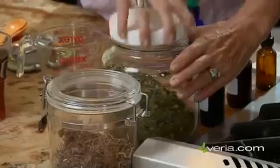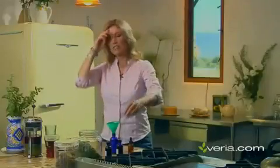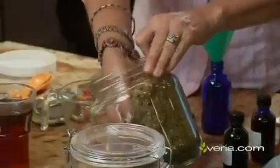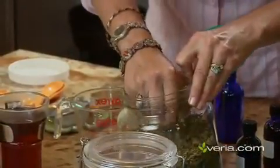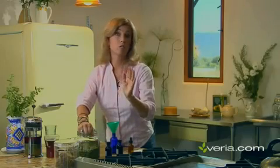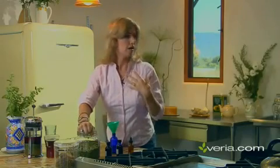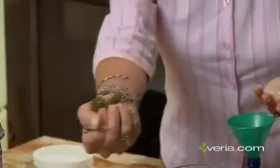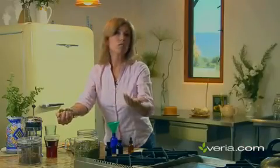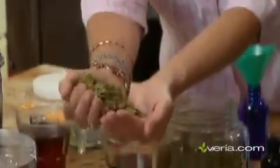The second herb is passion flower. Now, we haven't talked a lot about passion flower yet. This is Passiflora incarnata. And Passiflora incarnata is important because it's one of the sedatives that has an effect on the central nervous system. It's very good for insomnia that's due to restlessness or to emotional turbulence. So for people with insomnia and nightmares, or insomnia and grief, or insomnia and the kind of restlessness that just